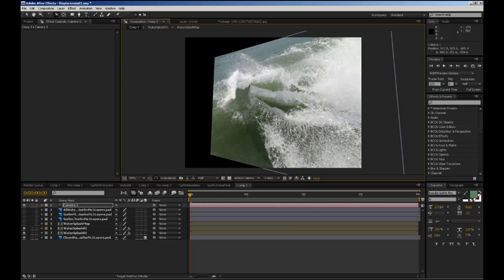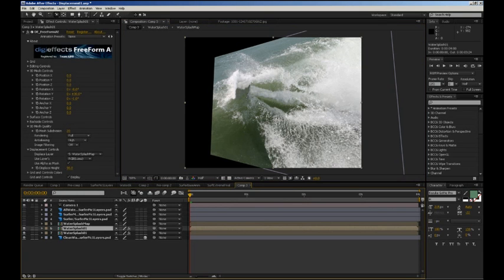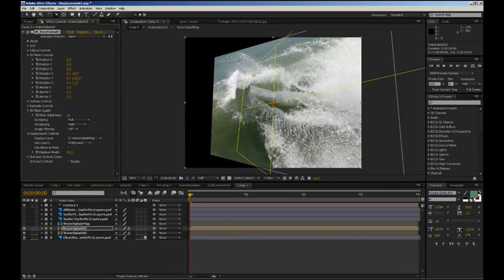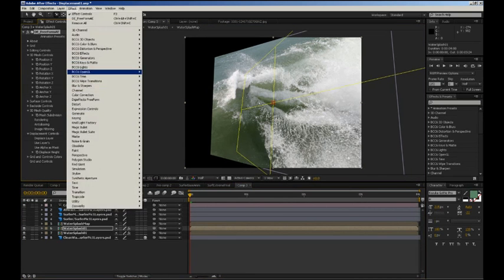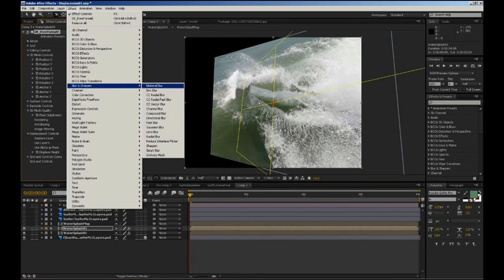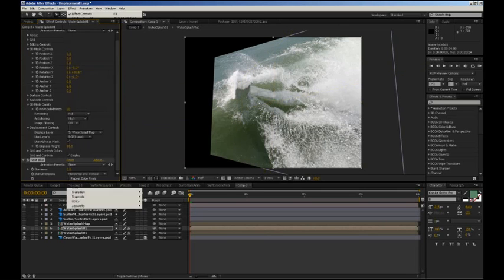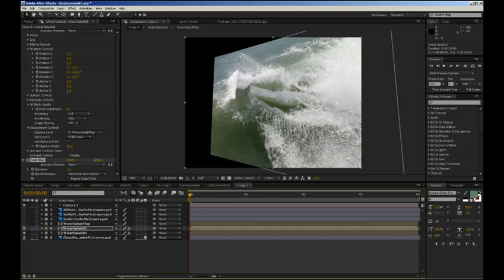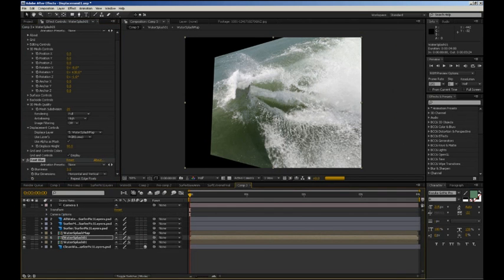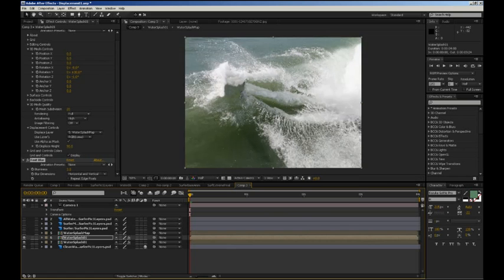Now, to differentiate the two, I'm also going to apply a blur. There we go, a 3-point blur to the water splash on top, just to get a little bit of a different texture to it, and not have the same exact look as the layer underneath. Now I'm going to reset the camera so I can look at the image straight on,